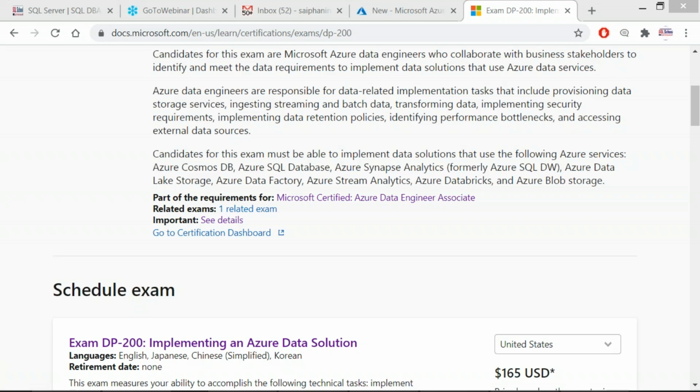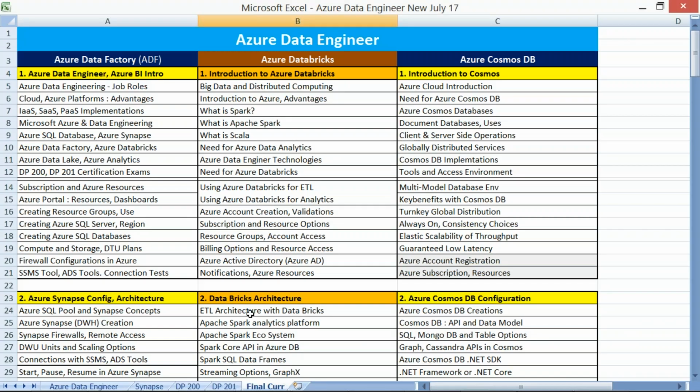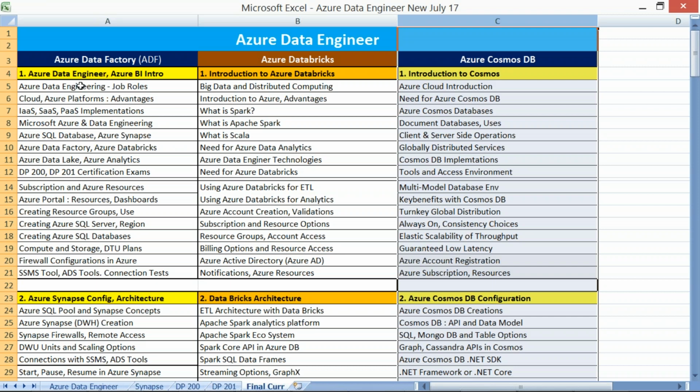Let me take it from there. Yes, on my screen now, Azure Data Factory, and in fact it also includes the Synapse for Azure BI and